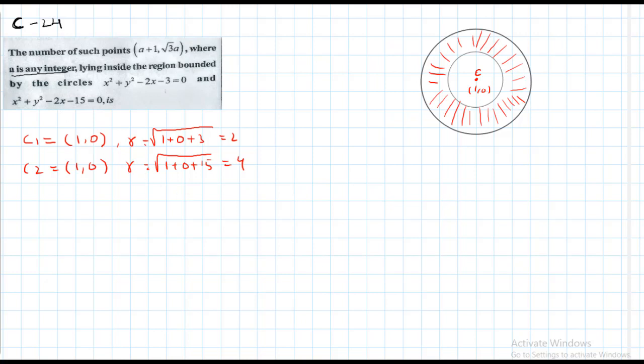Students, do one thing. First of all, take a point, say M on the bigger circle. Join CM. Where that line intersects the smaller circle, take it as N. So the interesting thing is, your point lies between N and M, means anywhere in between N and M. Okay, for example, such a point is taken as A. So your point A should belong to the open interval N comma M. Means that the point is taken as A, the distance from A to C should be greater than this and should be less than CM.